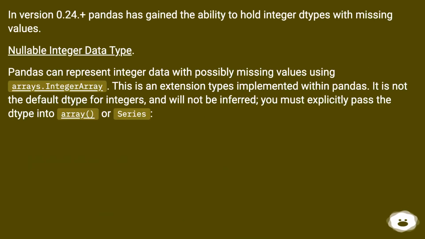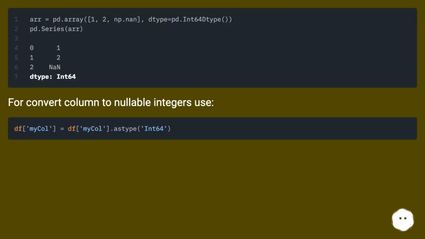In version 0.24, Pandas has gained the ability to hold integer dtypes with missing values. Nullable integer data type. Pandas can represent integer data with possibly missing values using arrays.IntegerArray. This is an extension type implemented within Pandas. It is not the default dtype for integers, and will not be inferred. You must explicitly pass the dtype into array or series. For converting a column to nullable integers, use